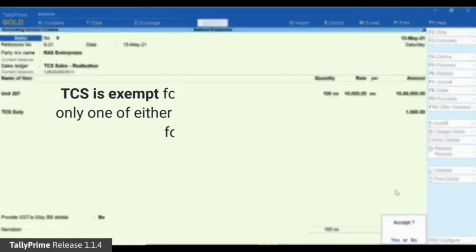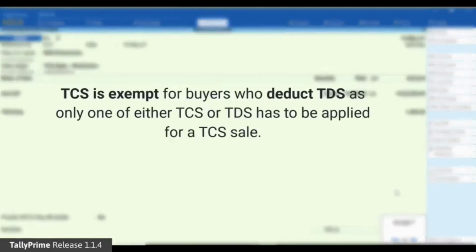You can exempt applying TCS in transactions made to buyer who deducts TDS on the payment for the goods bought. As per the rules, either one of TDS or TCS is charged, with TDS taking the precedence.